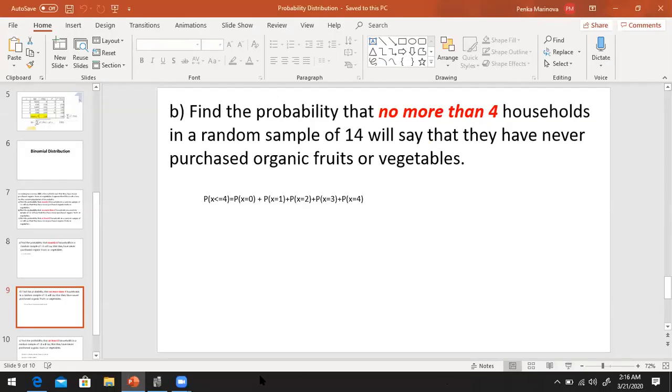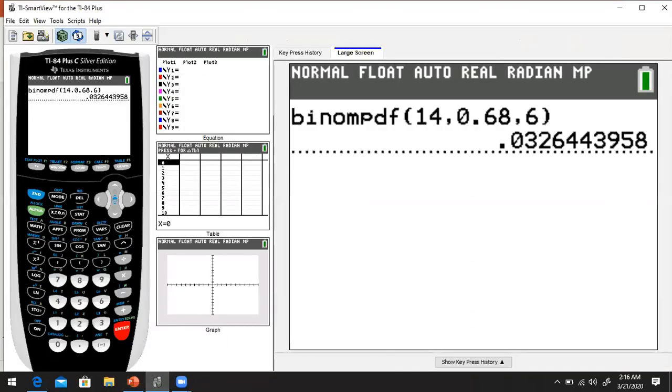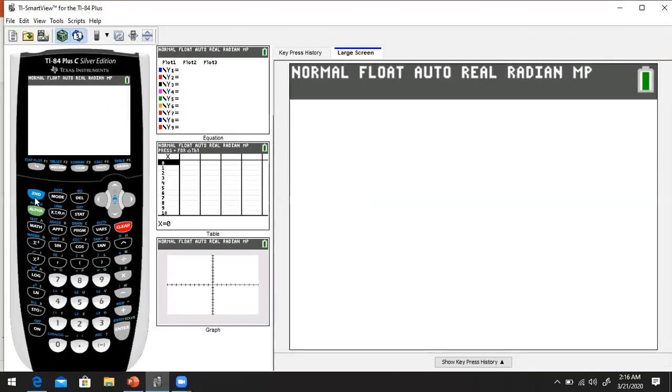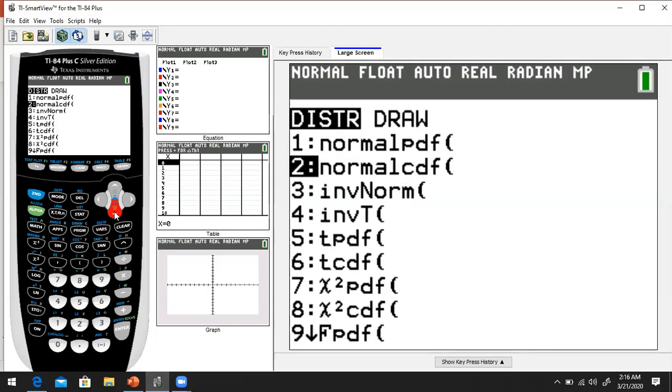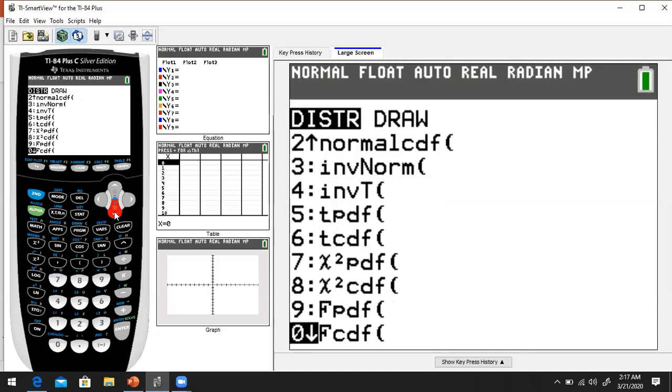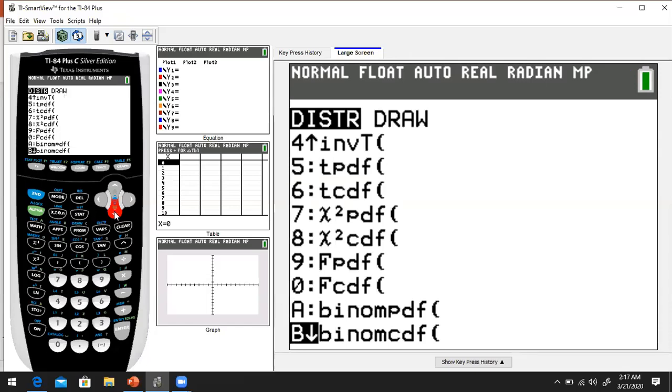So we're going to go to second vars again. This time we need binomial CDF. Binomial CDF means cumulative. We need from 0 to 4. So this is how the calculator understands this. So binomial CDF, not PDF. PDF is only for when we have the word exactly. In this case, we have no more than 4. So selecting this,